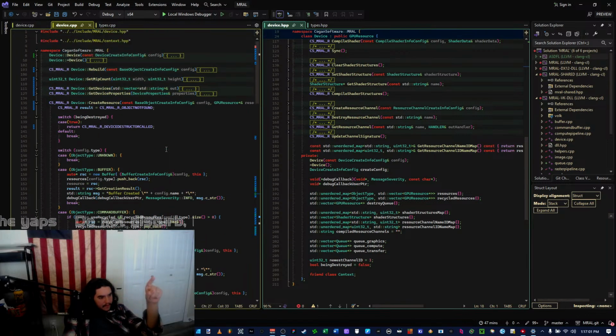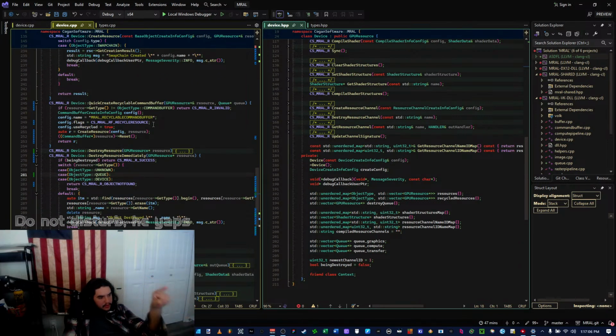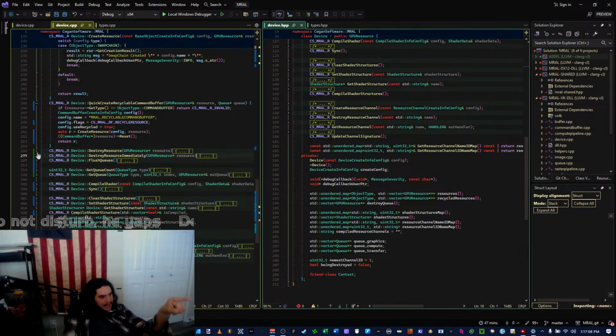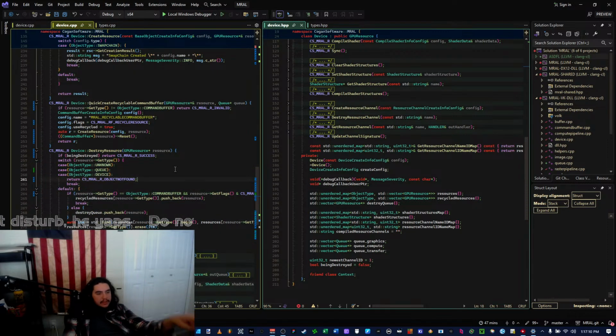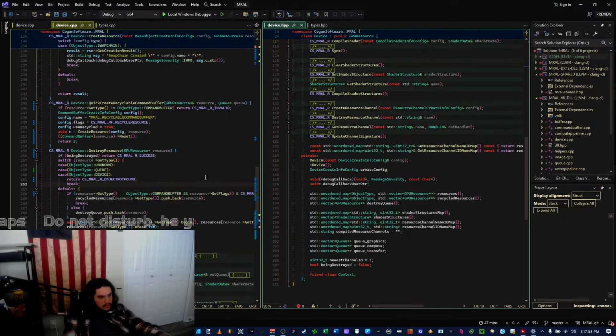Alright, so create resource here, and do that there, and do it here, and I need to do it here. So it says recycle resource.